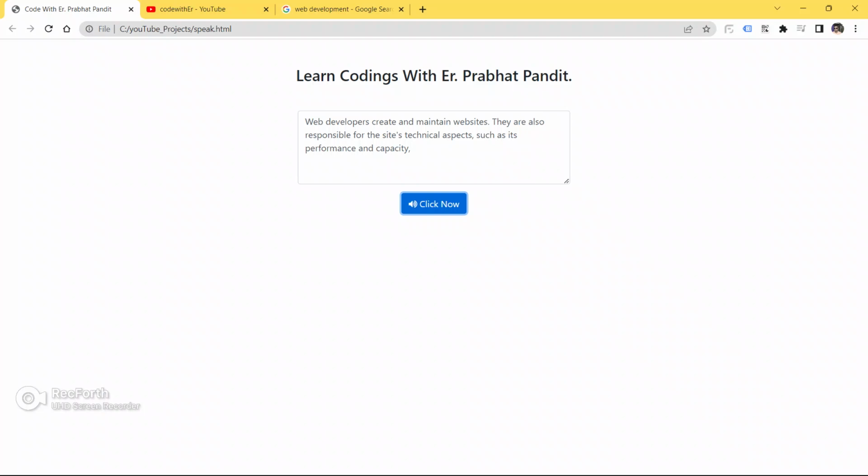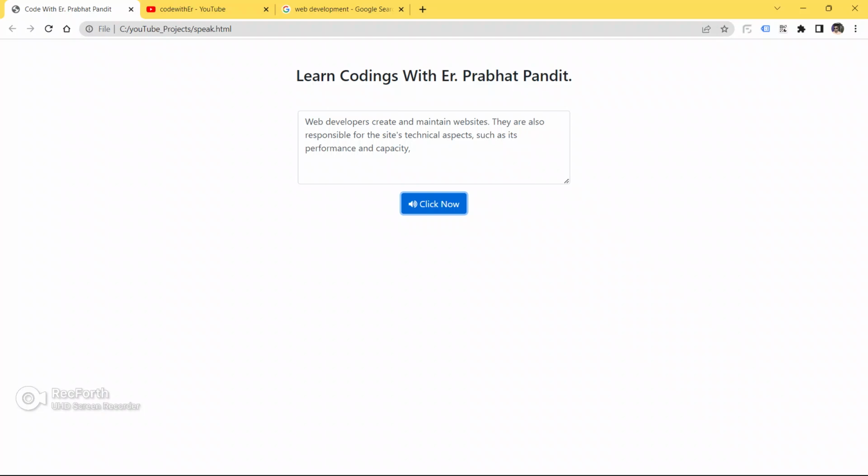So as you can see guys, it is going to translate, it is going to speak the text you have entered into the text area. So in this video guys, we are going to learn how to make this interactive application using HTML, CSS and JavaScript. So guys, let's get started and learn how to build this kind of application for your website as well as for your client website.